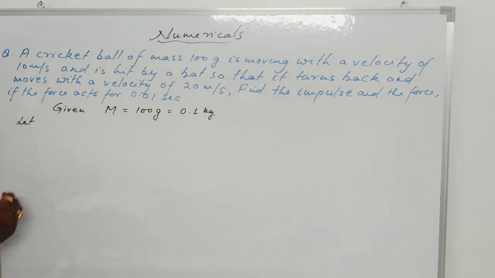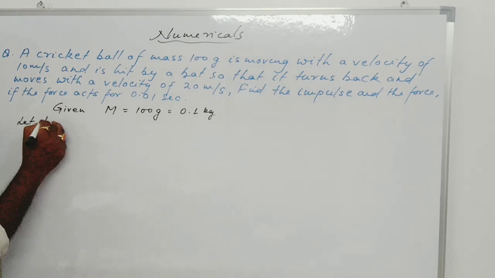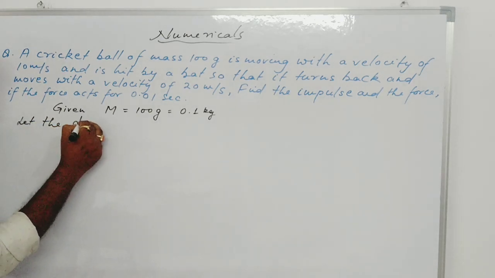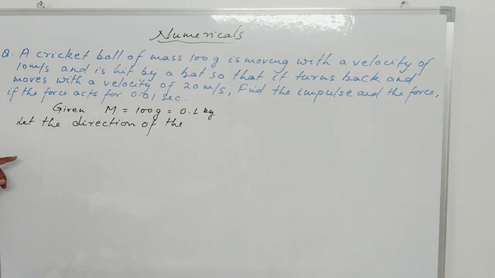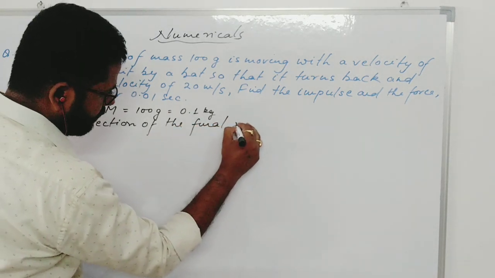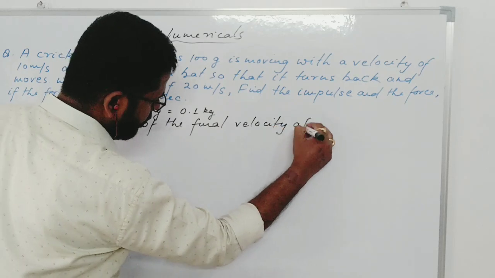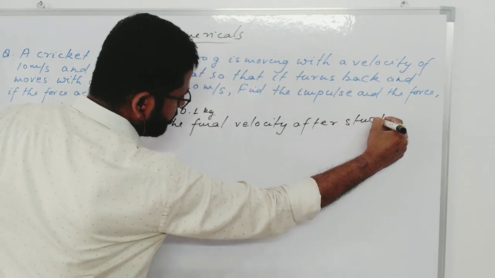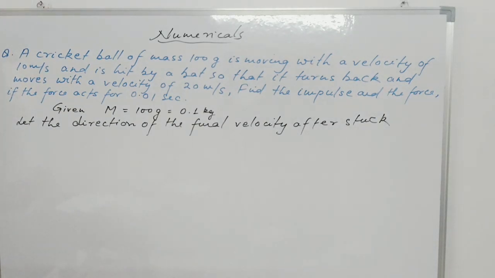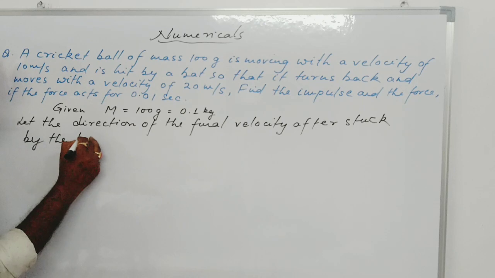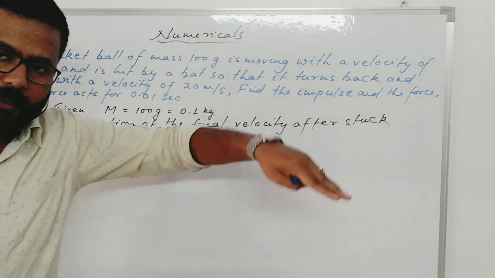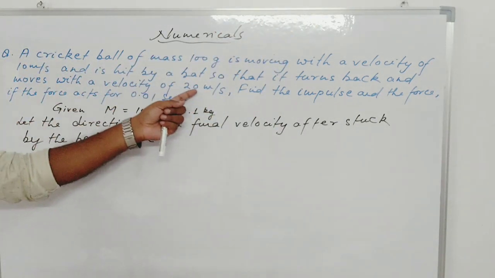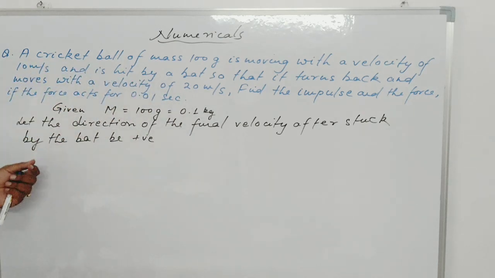Let the direction of the final velocity after struck by the bat be positive. मतलब जब बैट से बॉल लग गई, मतलब फाइनल वेलोसिटी मैंने इसको पॉजिटिव माना, तो मुझे इसको नेगेटिव मानना पड़ेगा. ओके, गॉट इट. Bat be positive and the initial